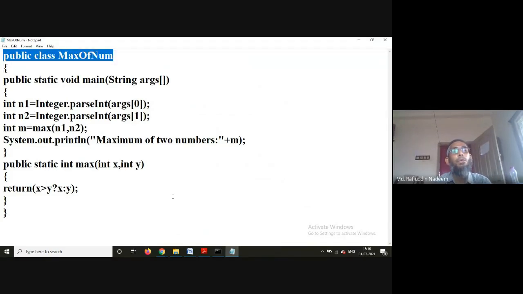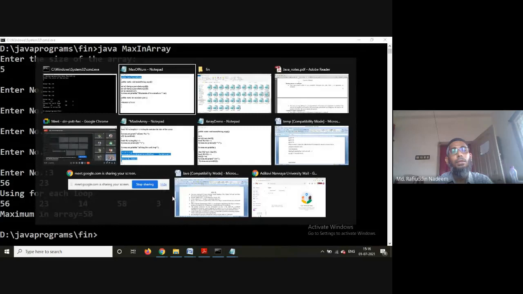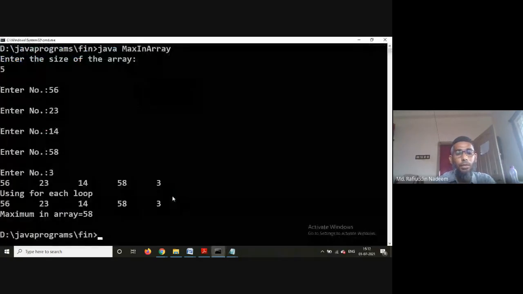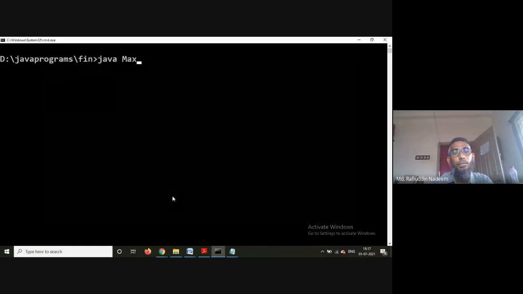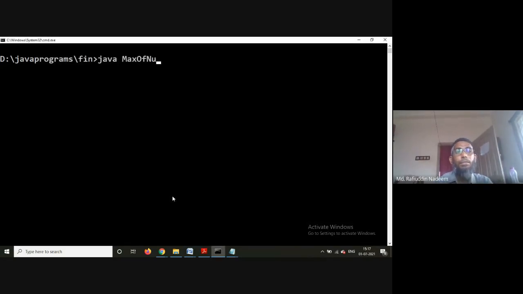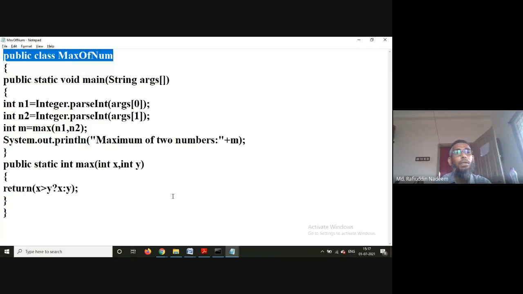Now, maximum of 2 numbers. I just want to have the maximum of 2 numbers. Just pass the 2 numbers from the command prompt, and then I will get the maximum of 2 numbers. That is the program. Now, what is new in this?